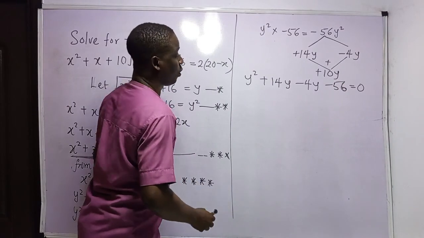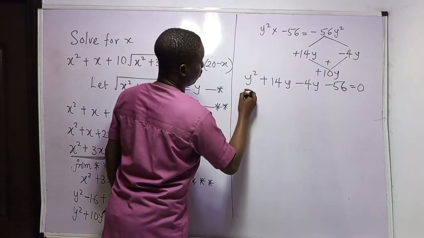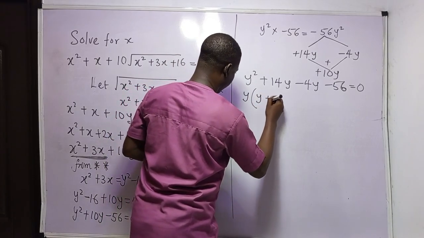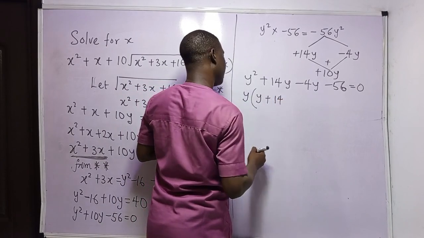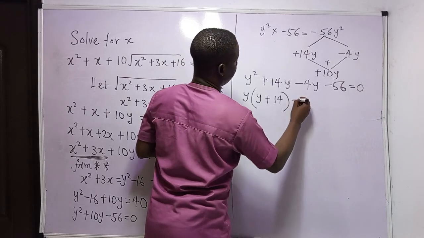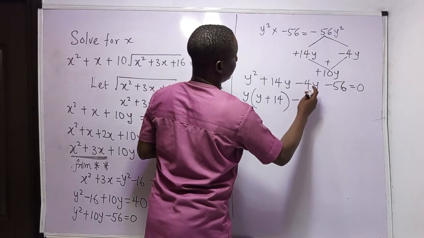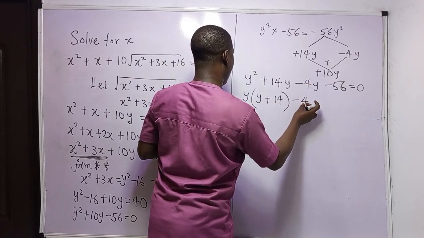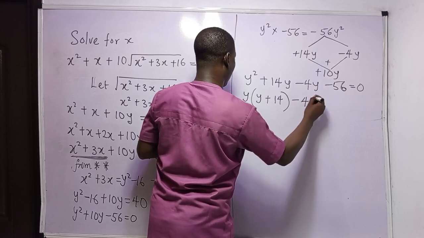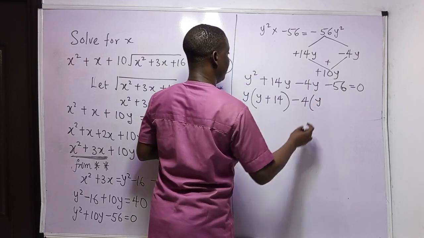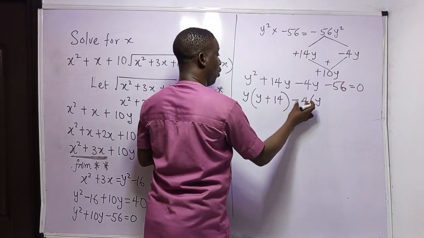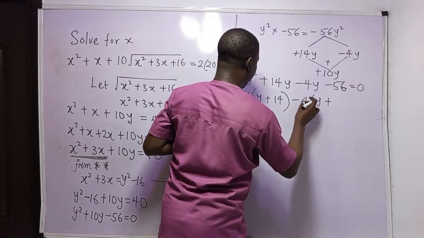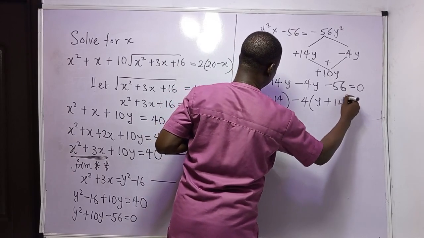0. Now we'll pair them. What is common here? We will have what? y is common. What do we have left? y plus 14, then close bracket, minus, what is common here is 4. So minus 4y divided by minus 4, we are going to have y left. Then minus 56 divided by minus 4, we are going to have plus. Minus divided by minus is plus. 56 divided by 4 is 14,